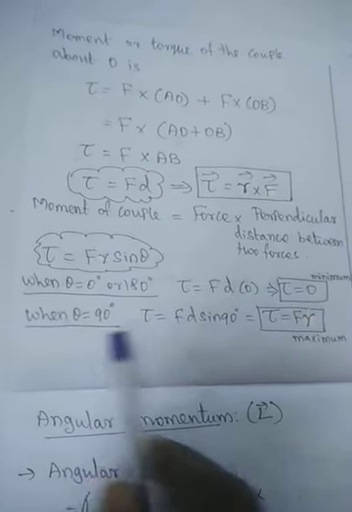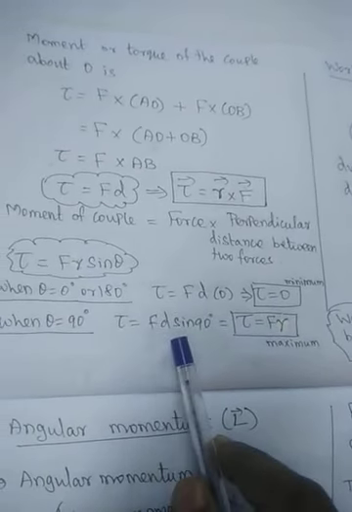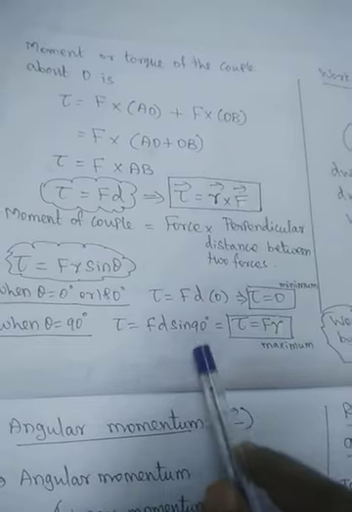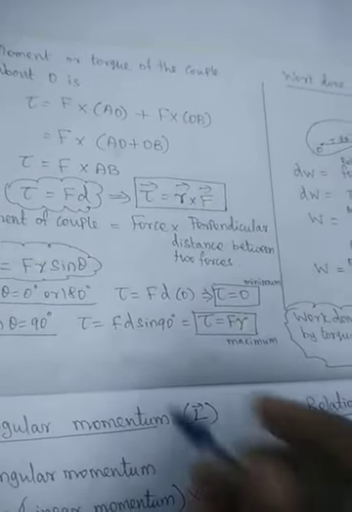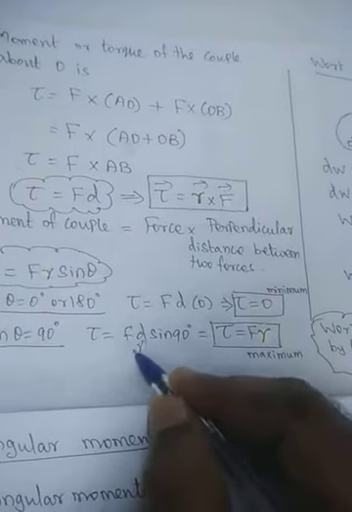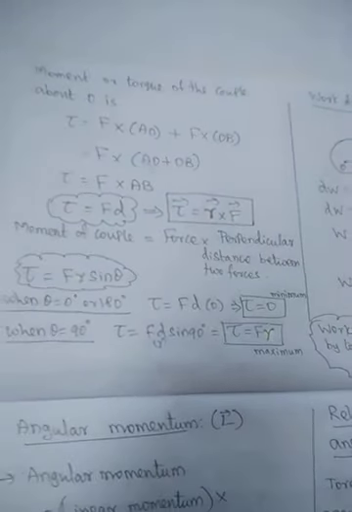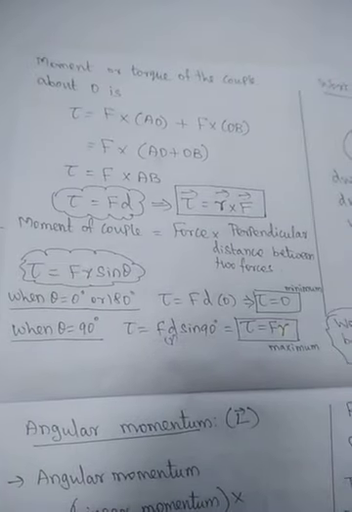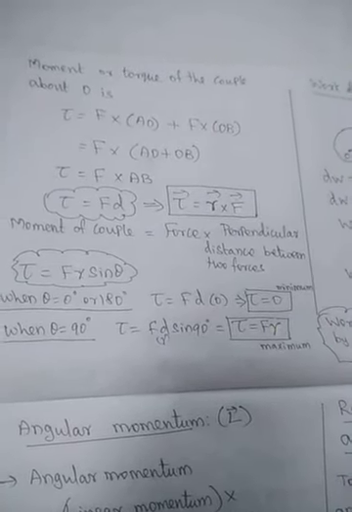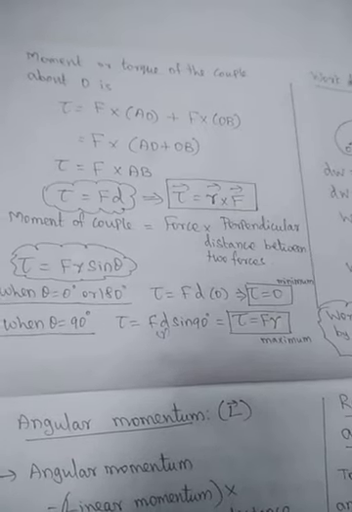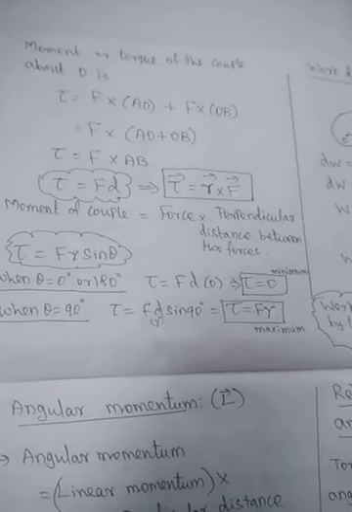If theta is 90 degrees, then F cross R, that is, the R vector at 90 degrees, gives sin 90 equals 1. So tau is equal to FR. This is the maximum value, so we can put that distance in place of R. For the minimum torque, the angle between the force and displacement will be in the same direction or anti-parallel direction. For the maximum torque, both should be in the perpendicular direction.